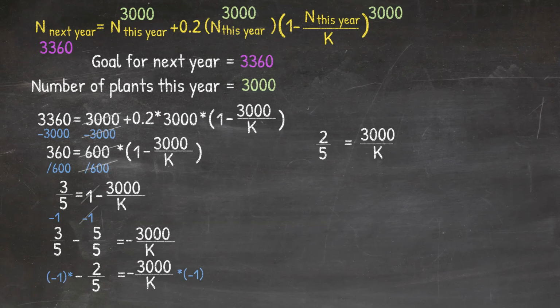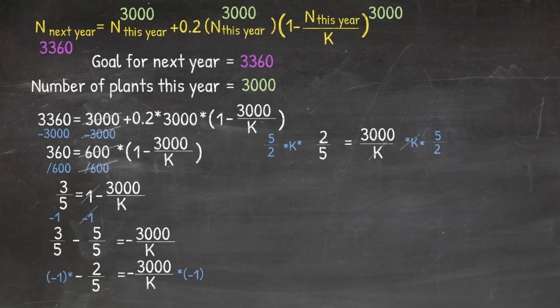And as before, we'd multiply both sides by k to get it out of the denominator, and it would appear in the numerator on the left-hand side. And at this point, we'd have 2/5 on the same side as k. And to neutralize that, we would multiply by the reverse of 2/5, the reciprocal. So we flip the fraction and it becomes 5/2. And if we do that, and of course we multiply it on both sides,